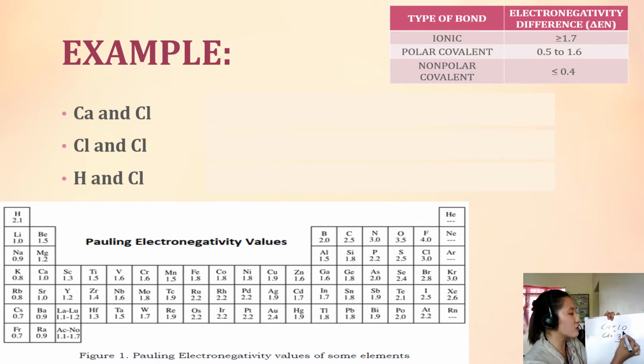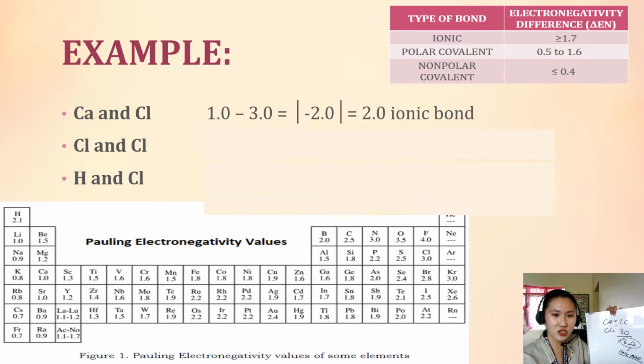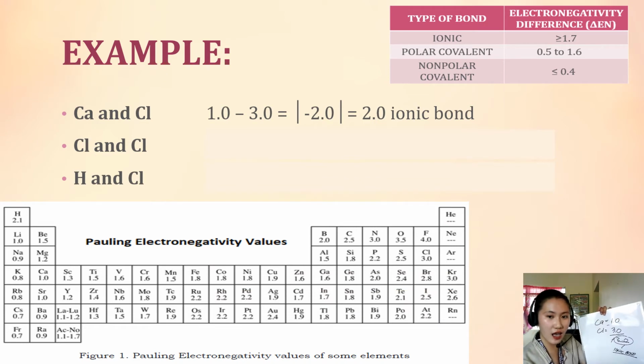So, 1.0 minus 3.0 is negative 2.0. We disregard the negative sign, so it will be just 2.0. So, 2.0 is more than 1.7, right? So, it means the type of bond will be ionic bond. Ionic bond. Okay? Let's check. Okay, so Ca and Cl is an ionic bond. Okay, so next we have